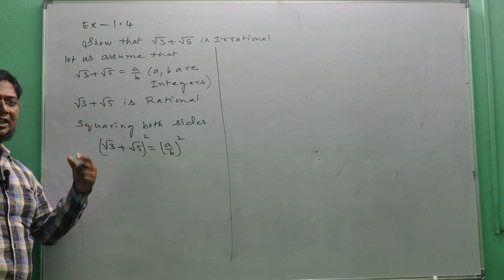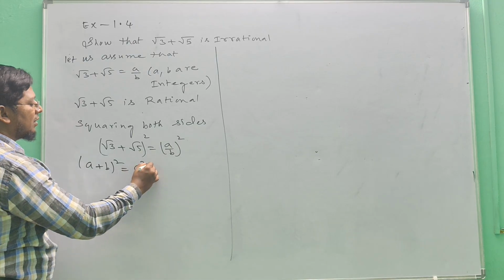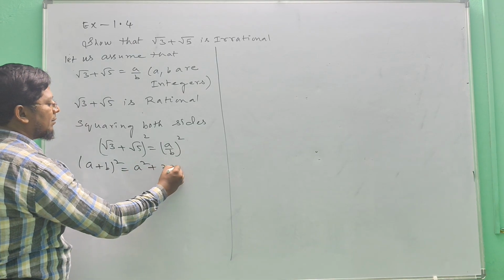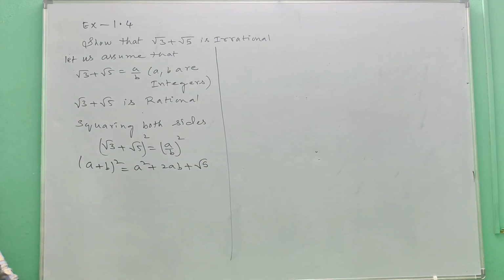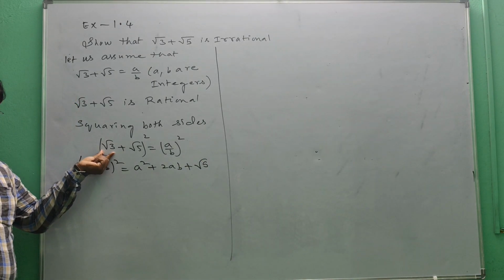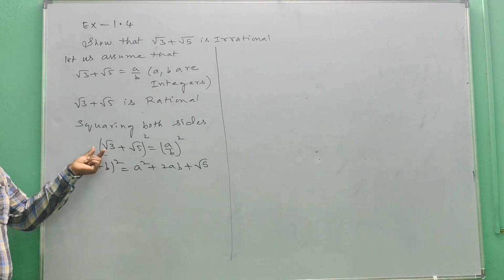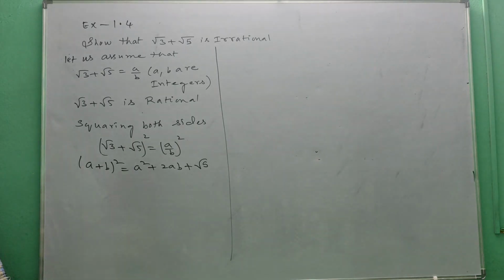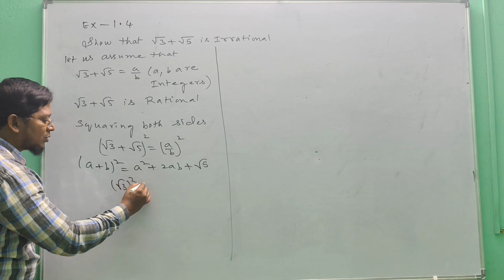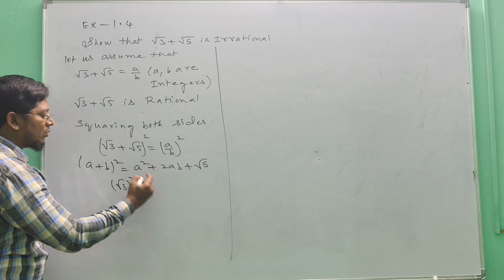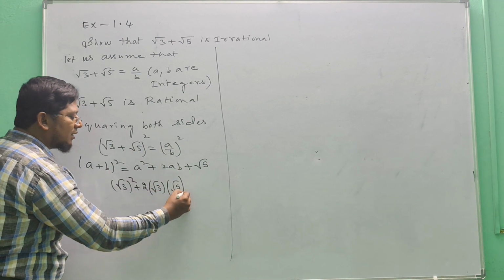So in this case we use the exponent formula. What is the formula? a plus b whole square is a square plus 2ab plus what? b square. Very good. This is the a value, root 3. This is the b value, root 5. So a square means who occupies the a place? Root 3 square plus 2 into a, what is a value? Root 3, into b, what is b value? Root 5, plus